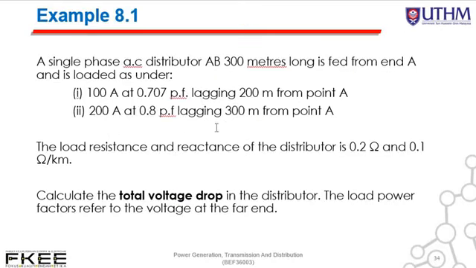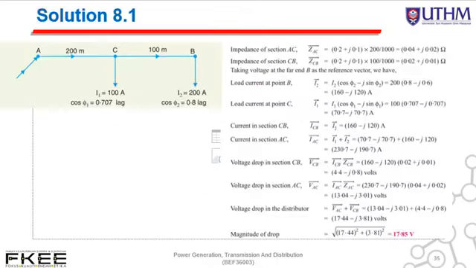In example 8.1, a single phase AC distributor of 300 meter long is fed from A and is loaded under 100 ampere at 0.707 power factor lagging, which is 200 meter from point A, and the second load is 200 ampere at 0.8 power factor lagging 200 meter from point A, and you have to calculate the total voltage drop in the distributor. So in order to solve this problem, first of all, you have to illustrate